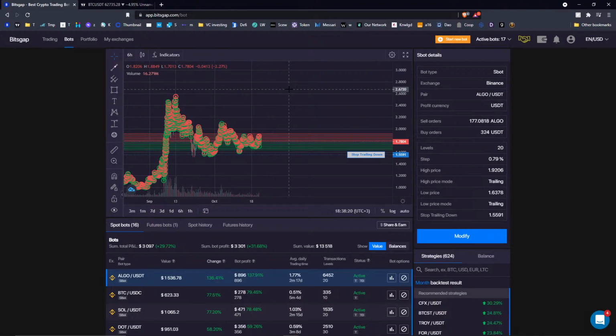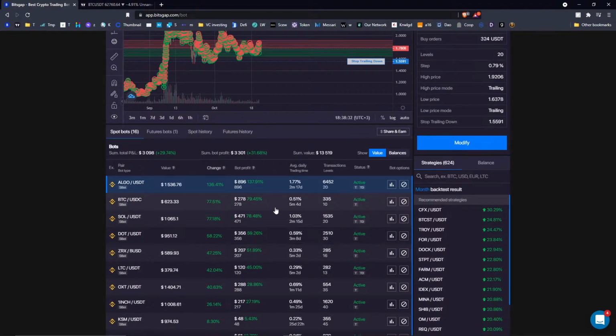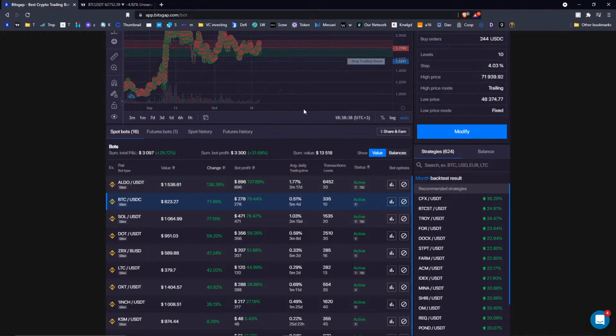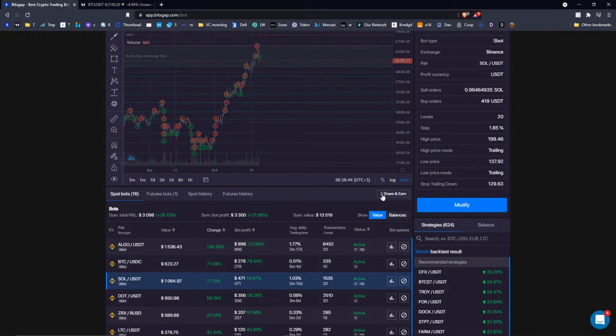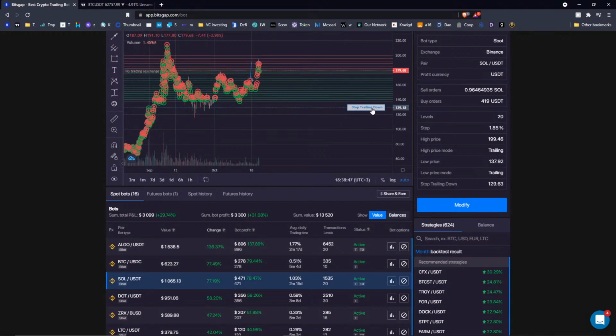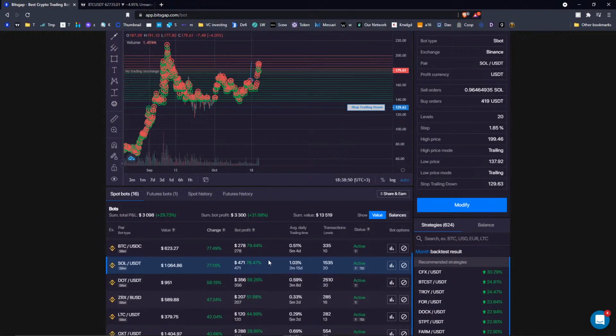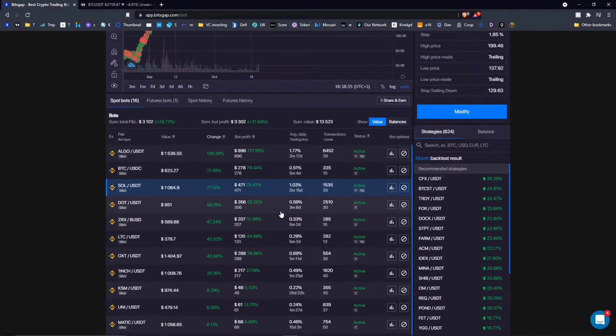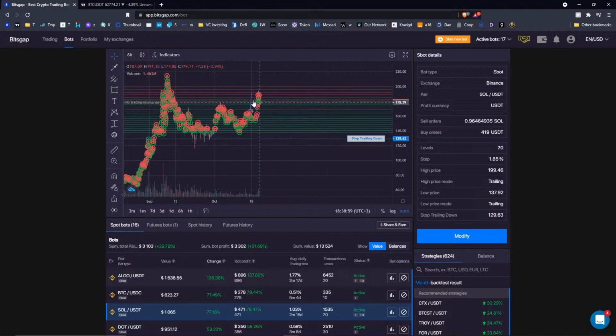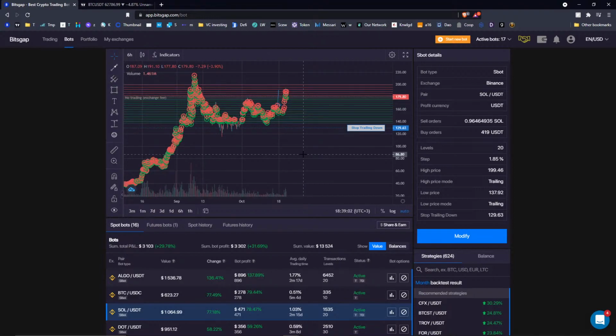Again, it's not financial advice, it's just how I see it. And as I'm bullish in the midterm, I honestly just don't want to narrow down the price exploration for my bot, because it can go below my trading range. But instead of using the stop loss, I would just use the stop trading down to accumulate even more coins, because I can afford it based on the return that I generated. I can risk a portion of this return to cover the losses in case the price sharply falls, okay? So that's the risk tolerance that I have here.